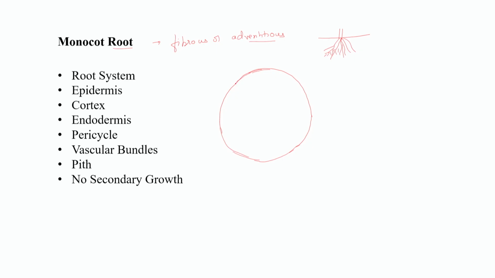That outer boundary is definitely the epidermis, but in roots we call it by a different name. So it is, you can say, rhizodermis